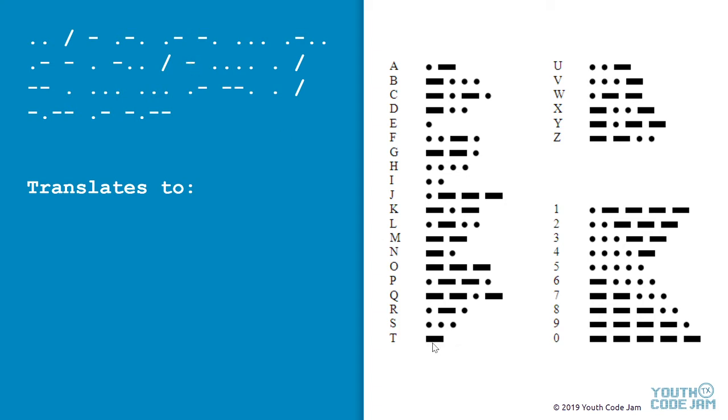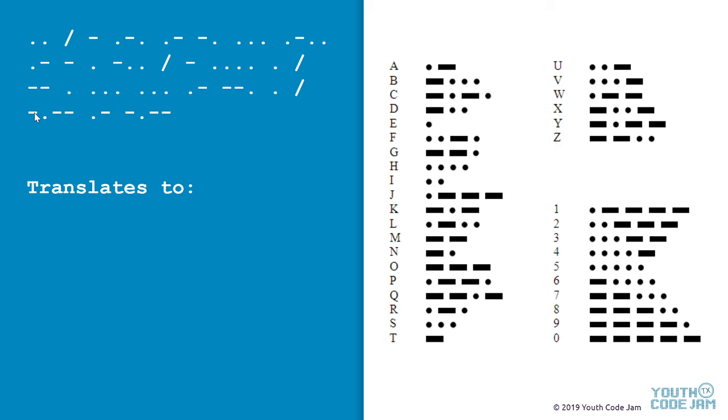The dash by itself is T. And the four dots make up H. One dot is E. So we have I translated the. Two dashes is M. One dot is E. Three dots is S. Oh, and then we have another three dots, so that's two S's. So MESS. And then dot dash is A. Dash dash dot is G. And the singular dot here is E. So we have MESSAGE. So I translated the message,